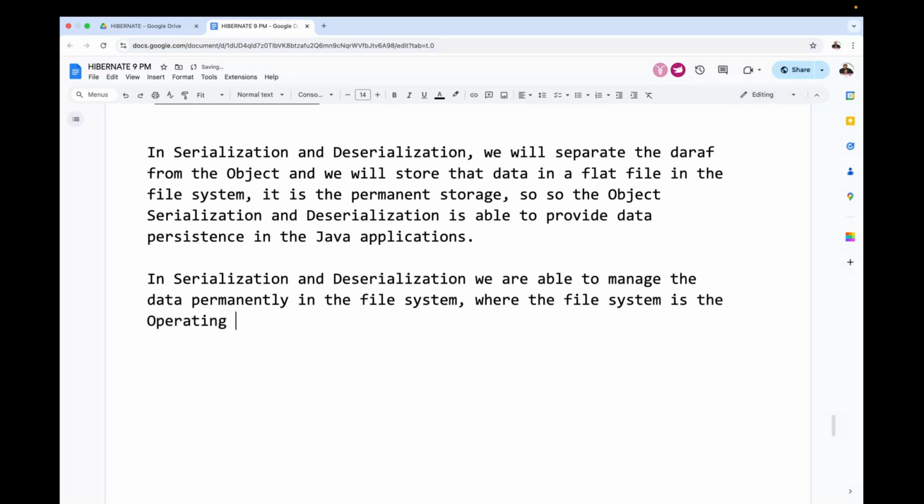Am I right or not? Everybody observe carefully. In serialization and deserialization, we are able to manage the data permanently in the file system, where the file system